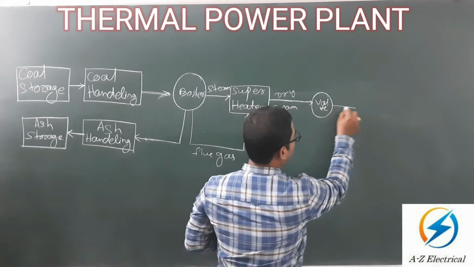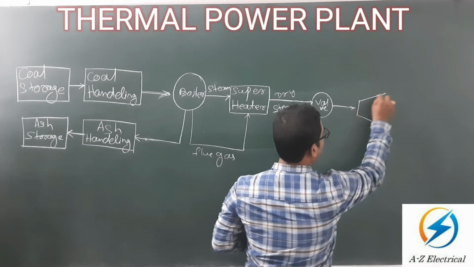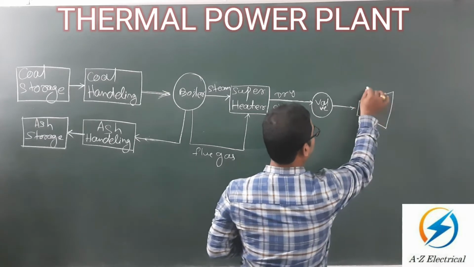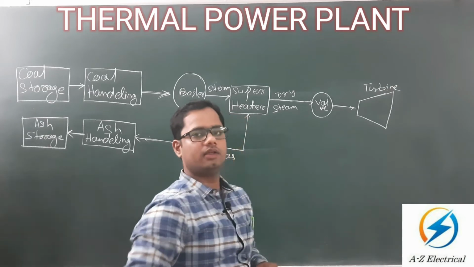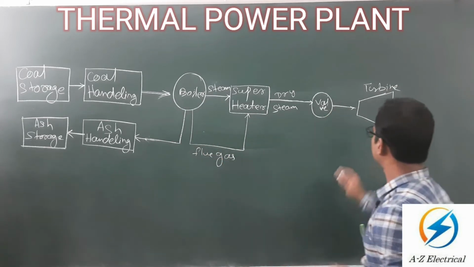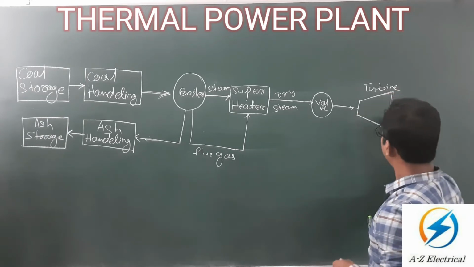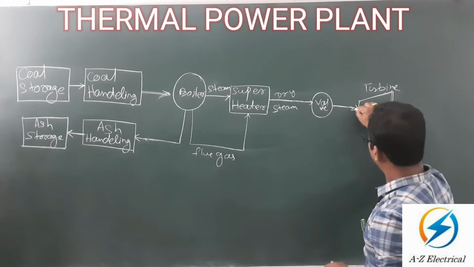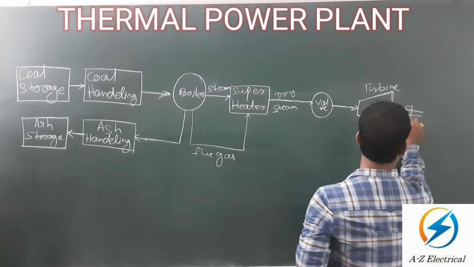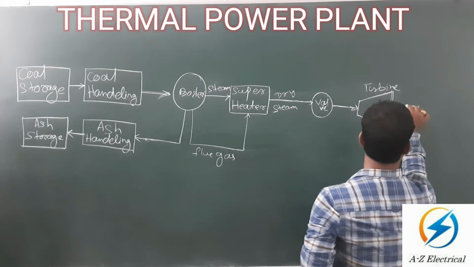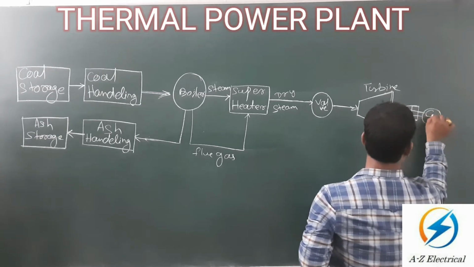After that, your steam will come to your turbine. Inside the turbine, turbine blades are there, and the steam is allowed to strike on the turbine blades. Okay, and that turbine will connect to the shaft of your generator. Okay, and the three-phase generator is called an alternator,